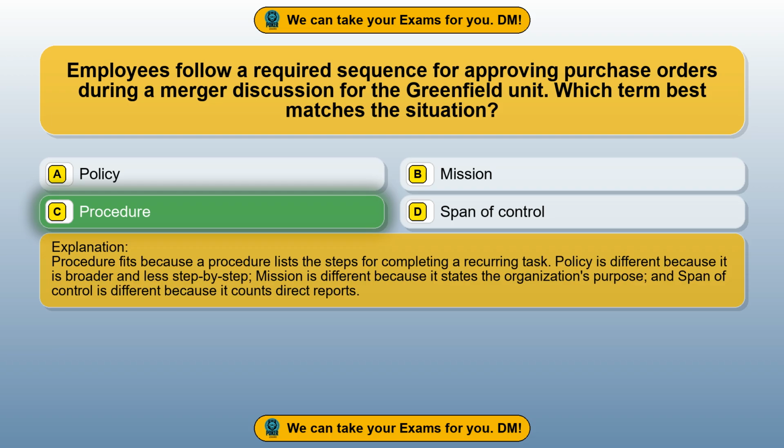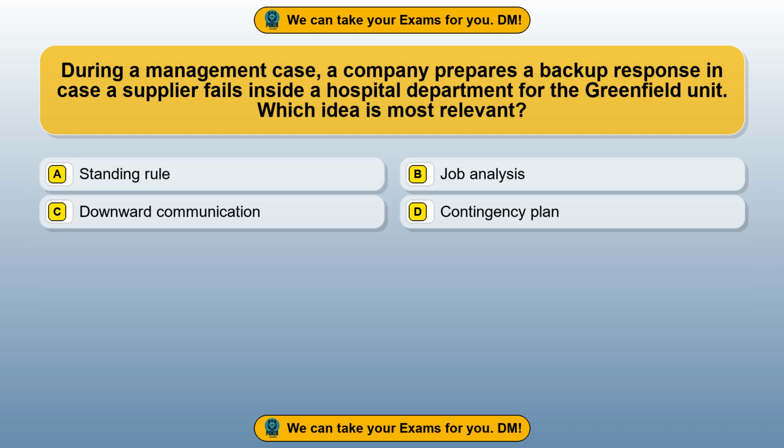Procedure fits because a procedure lists the steps for completing a recurring task. Policy is different because it is broader and less step-by-step. Mission is different because it states the organization's purpose, and span of control is different because it counts direct reports. Question 53. During a management case, a company prepares a backup response in case a supplier fails inside a hospital